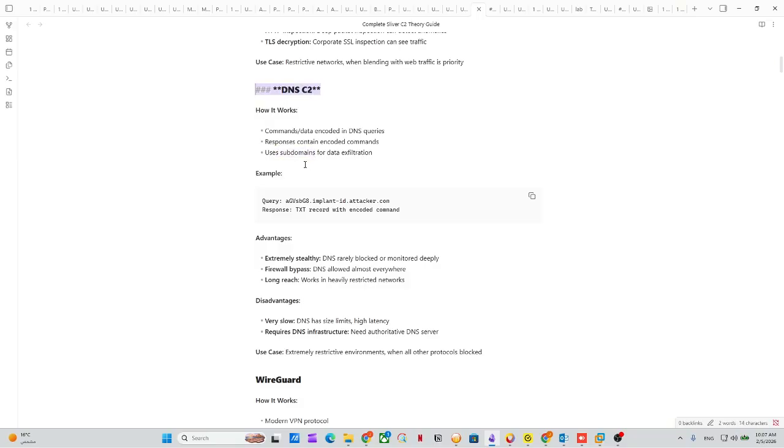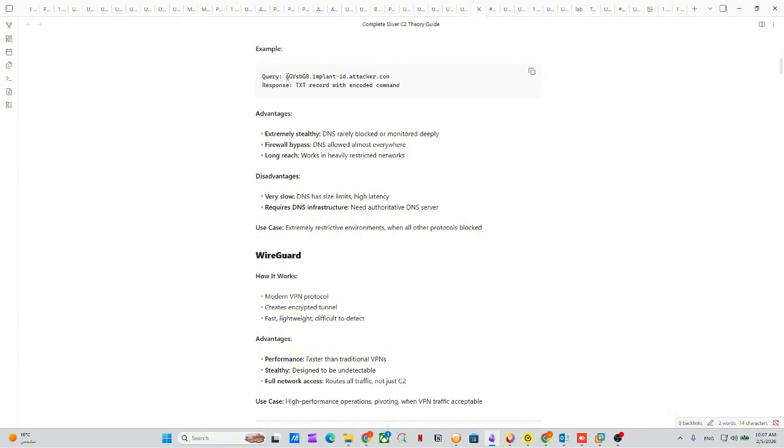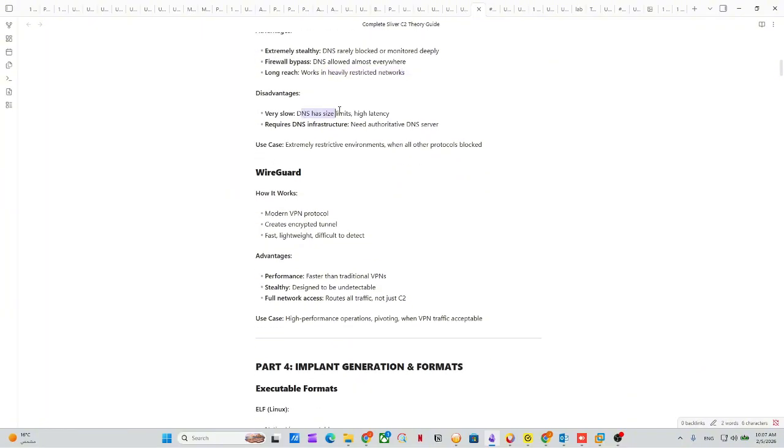This is the DNS C2. It queries like this, and the response is a TXT record with an encoded command. This is extremely stealthy. DNS is rarely blocked or deeply monitored, and DNS is allowed almost everywhere. Firewall bypass: okay, it has long reach and works in heavily restricted networks. Disadvantage is it's very slow. DNS has a size limit, high latency, requires DNS infrastructure, and needs an authoritative DNS server. Use case: extremely restrictive environments when all other protocols are blocked. So this is slow,